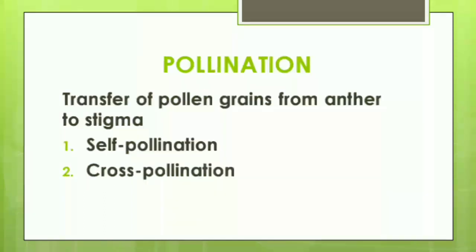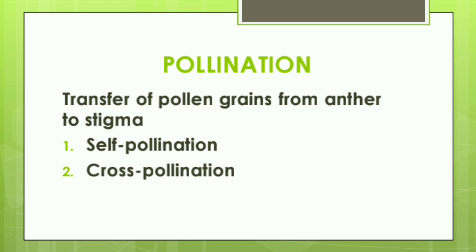The first topic of today's discussion is pollination, and this is the third step of sexual reproduction in flowering plants. You have learnt that male and female gametes in flowering plants are produced in pollen grain and embryo sac respectively. As both the gametes are non-motile, how would they come to each other for fertilization? Yes, pollination is the mechanism to achieve this.